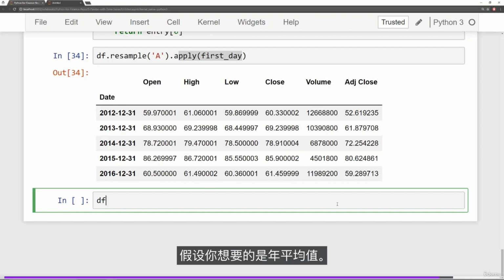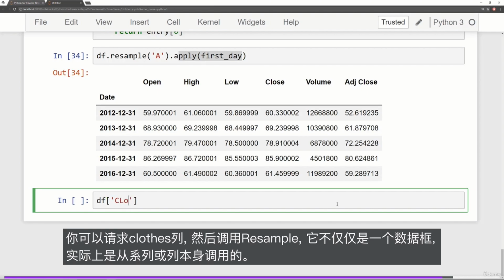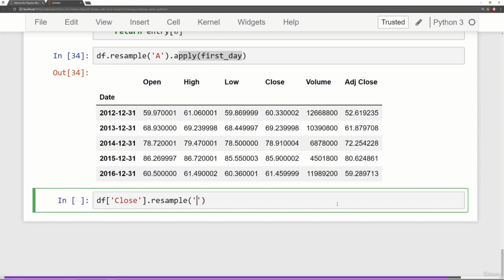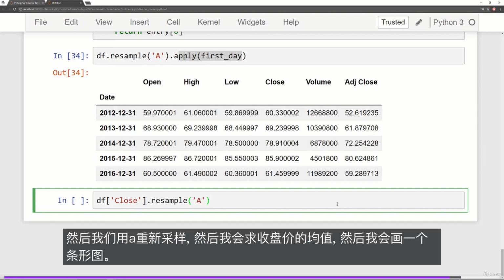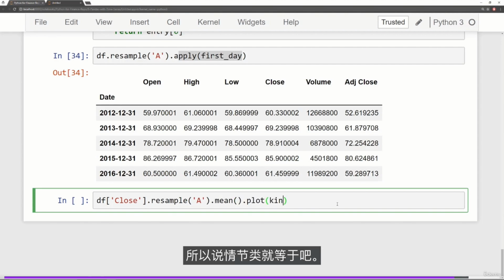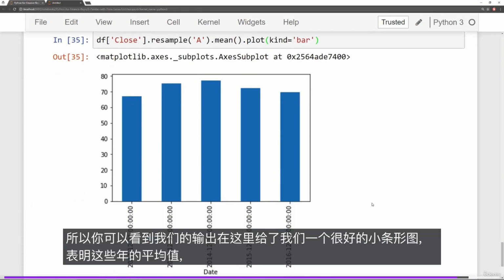Let's say you actually wanted the yearly end mean. How would you do that? Well, you could ask for the close column, and then you can call resample not just off a data frame, but actually off the series or the column itself. And then we'll resample with A, and then I'm going to ask for the mean of the closing price, and then I'm just going to do a bar plot. So we'll say plot kind is equal to bar. So you can see our output here gives us a nice little bar plot indicating the mean or average for